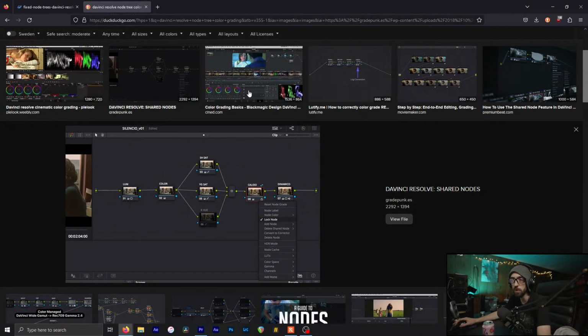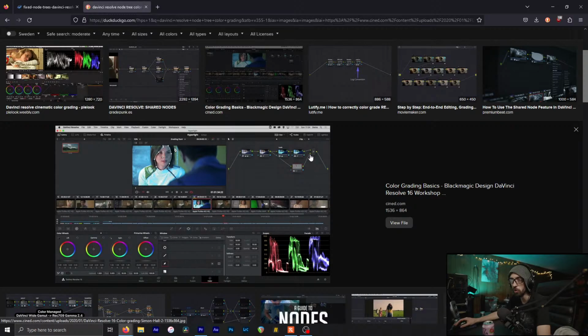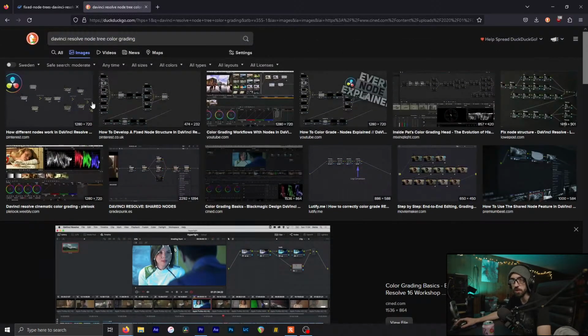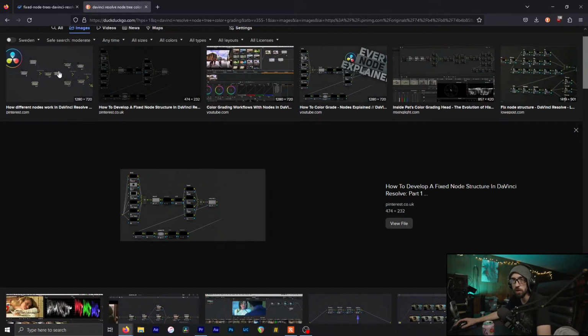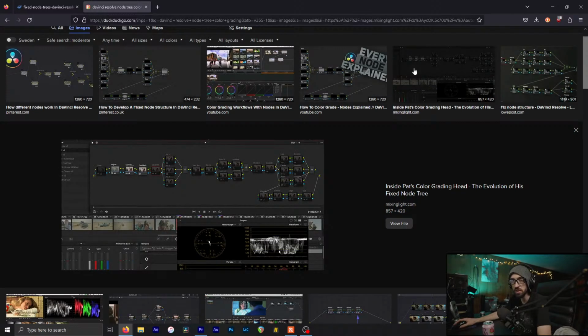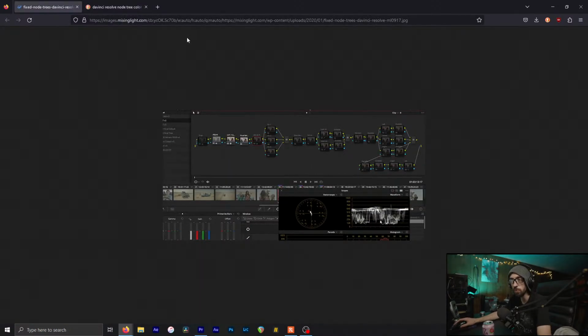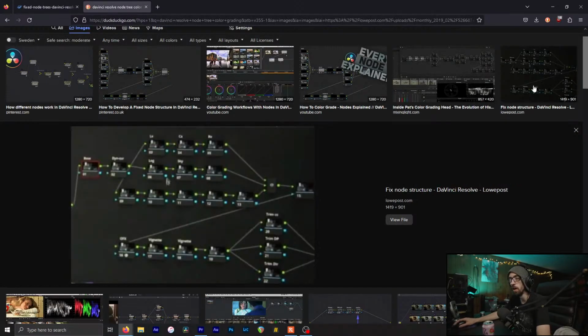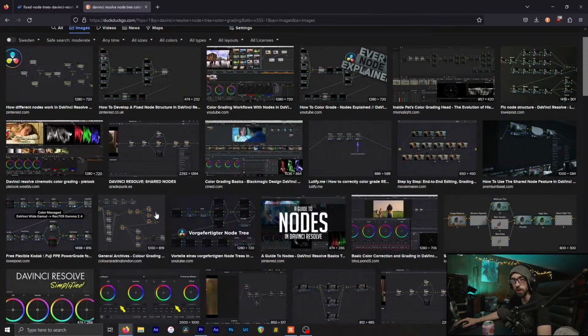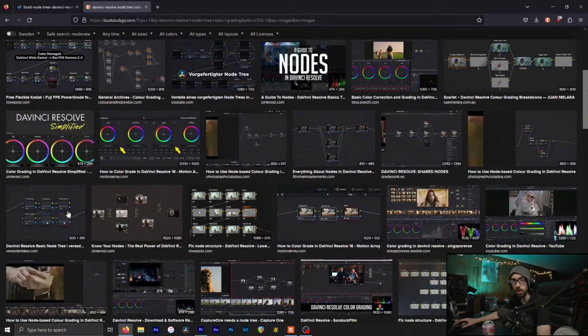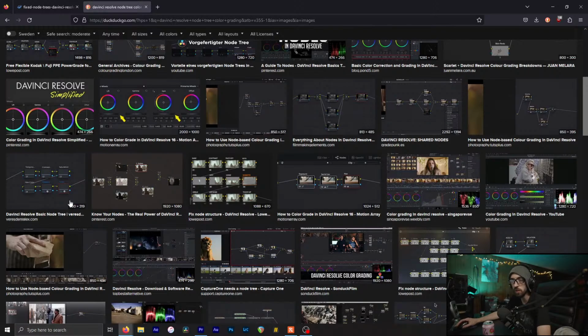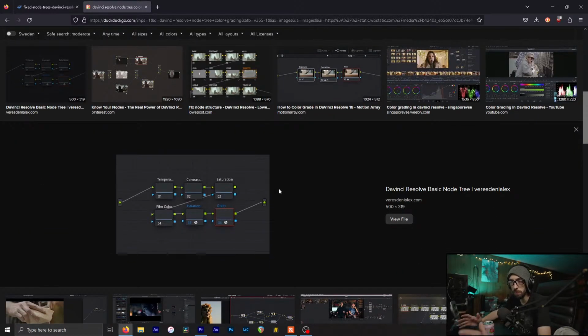I know a lot of people are scared off by the node workflow here because, as you can see in this example, or this example, or this example, actually, I think those are the same example. Yep, they are. They can get a little complicated and confusing,